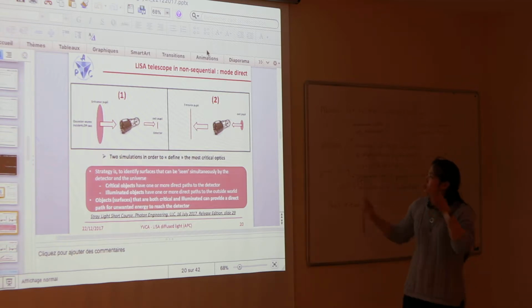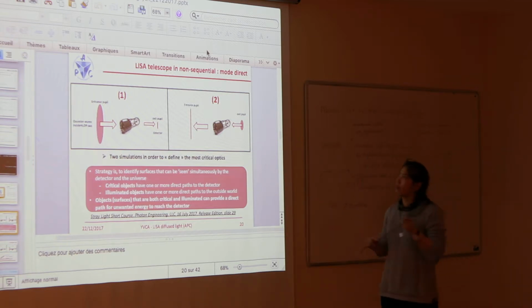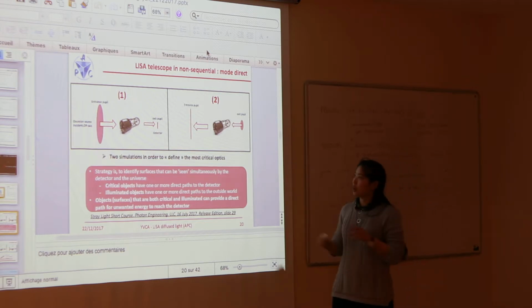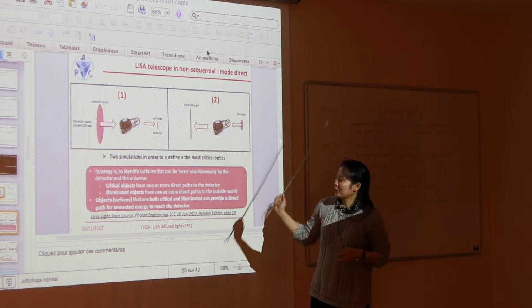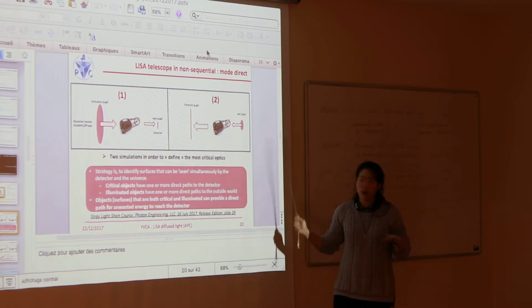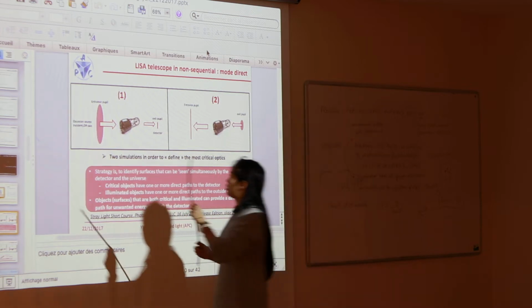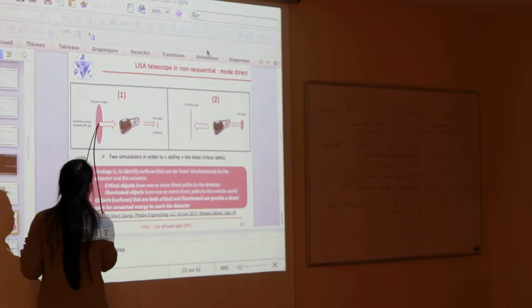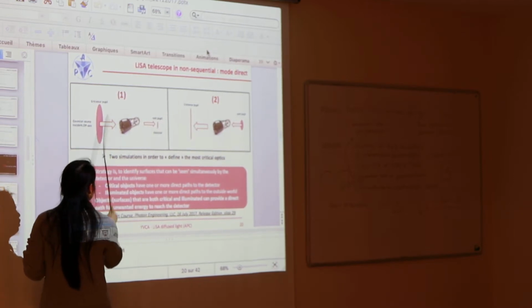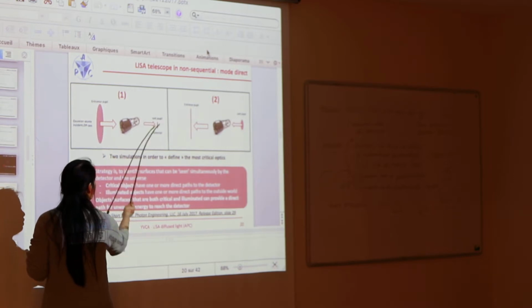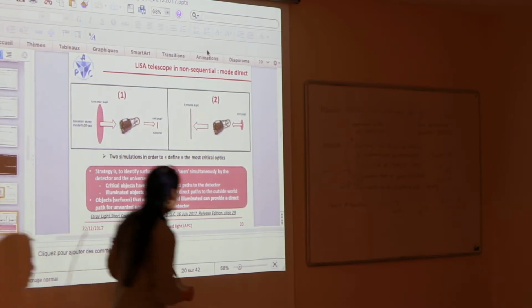So this is the simulation, two simulations in what we call direct mode for LISA to determine the critical surfaces. The study is confidential, so I don't have the right to show the telescope design and the numbers. So this is our telescope. It is the method of all stray light studies. The method is: first you have a source here. You go this way to the telescope, and you have a tilted pupil here, and you look at the optics which scatter the light onto the detector position. You look at the intensity of scattered light.